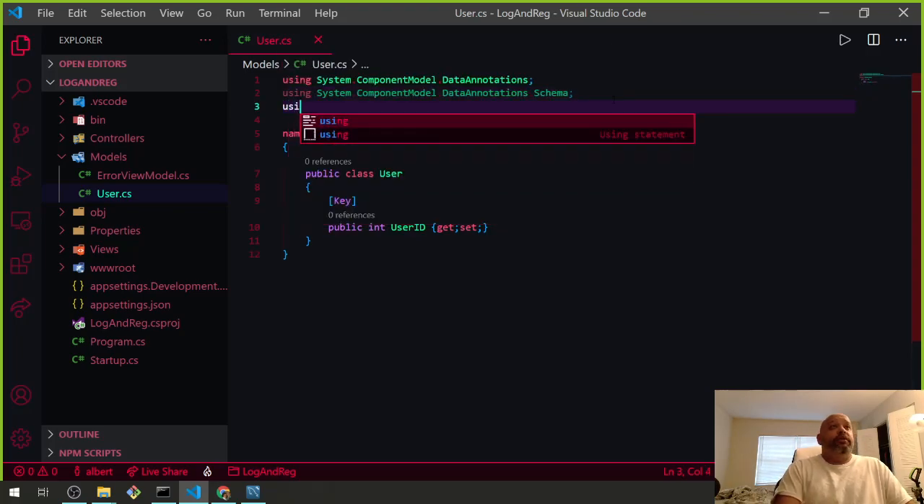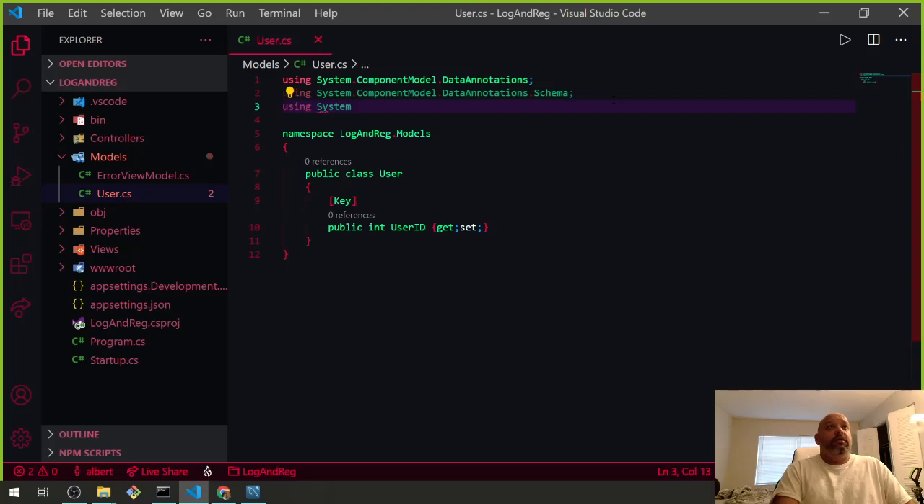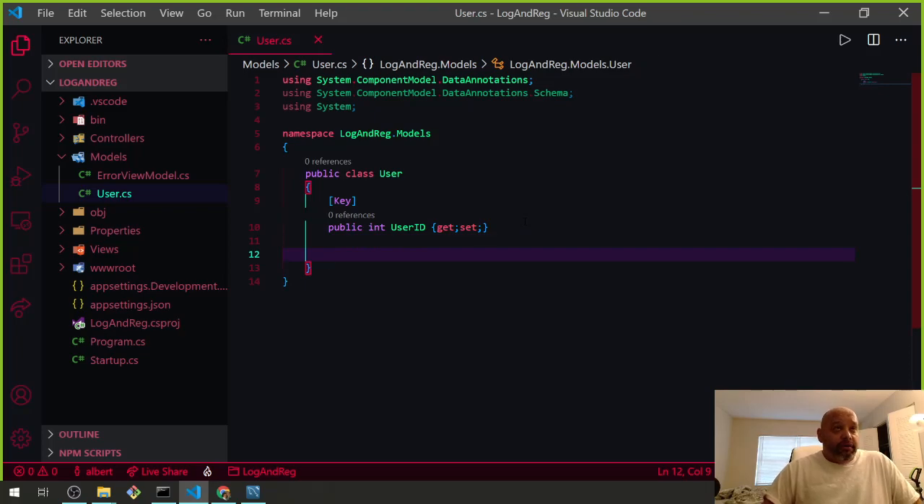And then you also want to have using System. The reason we want that is we're going to put in the DateTime for CreatedAt and UpdatedAt. That's what that's going to be used for. So now that we've got that right there, let's go make our